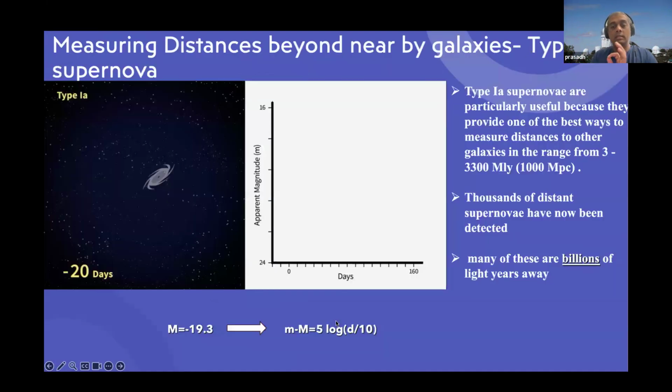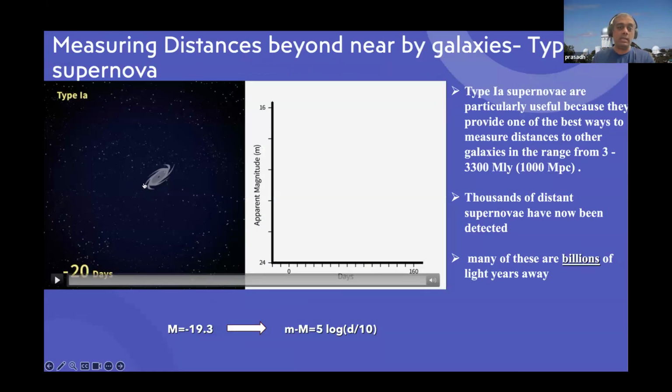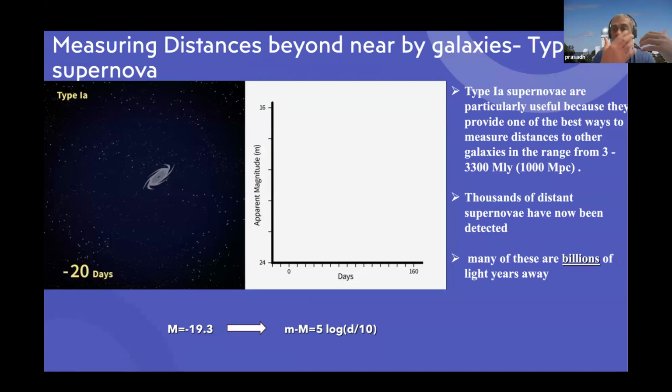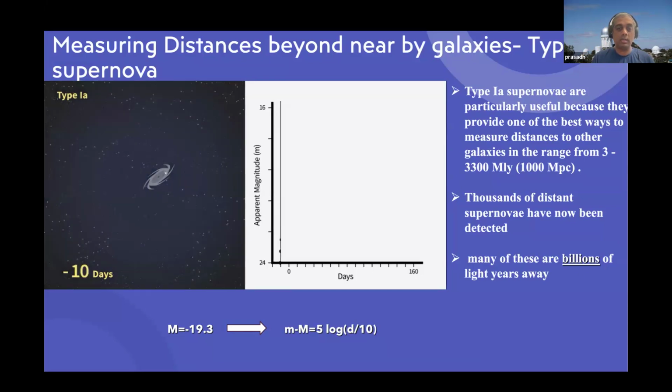And there is another interesting thing about supernovas. I'm going to play this video, and what you can see here on the left-hand side is what happens during a type 1a supernova, how the brightness increases and everything. And on the right-hand side, there is a graph that plots over time what happened to the brightness of the supernova explosion, right? And so this is actually what happens